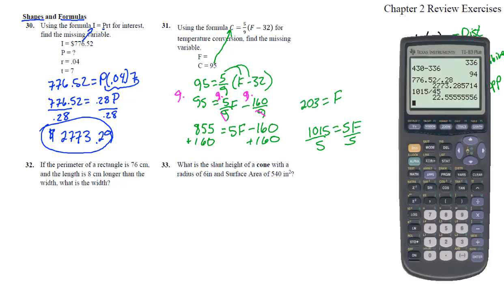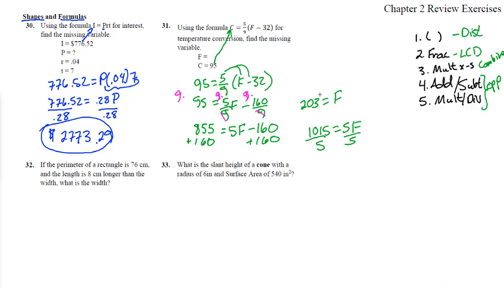Let's just double check and make sure we got that right. 1015 divided by 5. 203. So yes, 203 degrees Fahrenheit will be our answer on that one. Whew. Okay, number